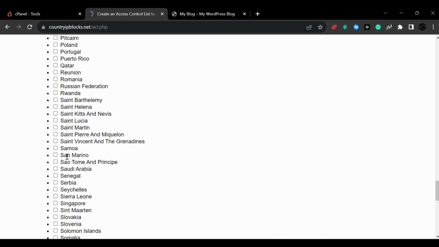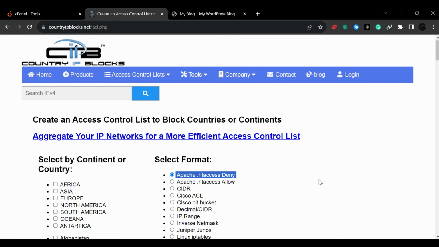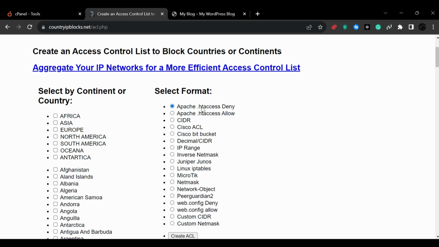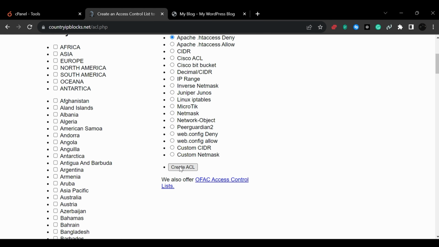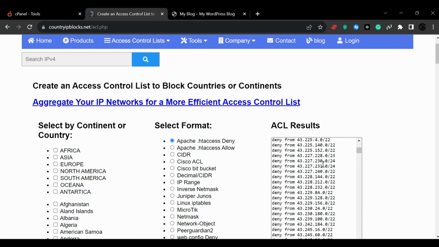In this specific example, I'm going to use the country Singapore. We need to locate the country Singapore, for example, like this. Okay, check this. Remember, we need to create htaccess deny, not allow. If you wanted to allow specific IPs, you can use this. But we are right now blocking a country, Singapore, from accessing our website, easyuserguide.com. So we are going to locate this Apache htaccess deny, and we are going to click create ACL, and